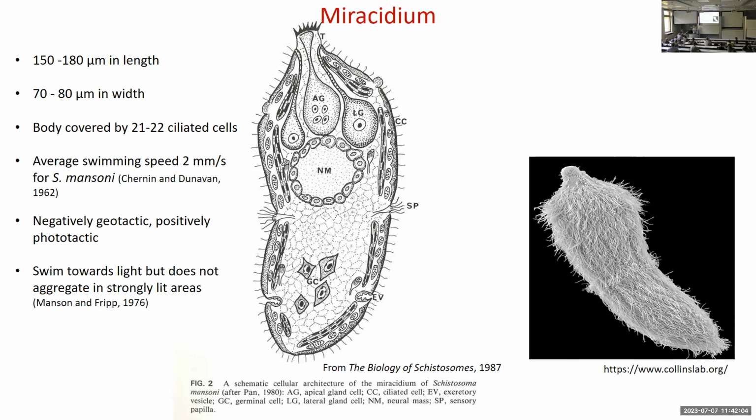For Schistosoma mansoni, the snail host is Biomphalaria, and these snails tend to stay more to the surface, and therefore the miracidia actually swim more towards the surface. Whereas other species, Schistosoma haematobium, have different snail hosts, Bulinus, and these snails tend to stay more